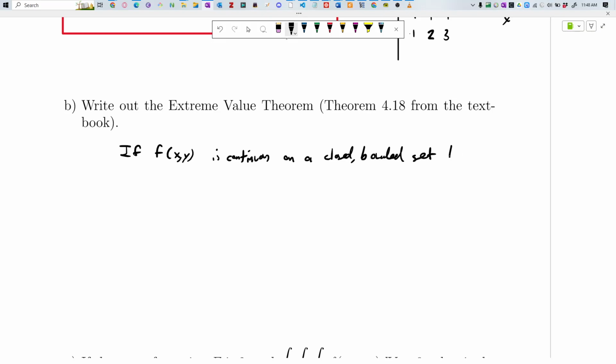I don't remember what exactly the set is defined to be. I think the book uses D. I taught in a previous course where the set was denoted by omega. You can just use a letter that makes sense. If the function f is continuous on a closed bounded set D,